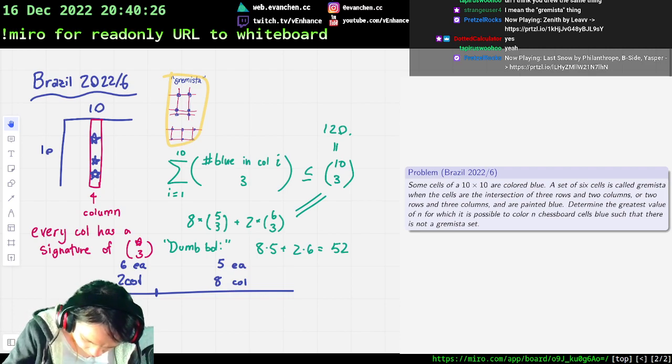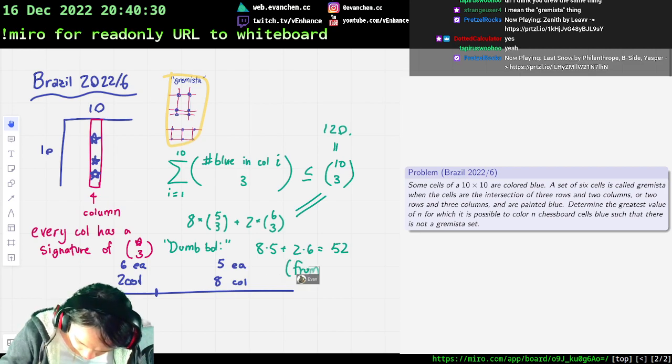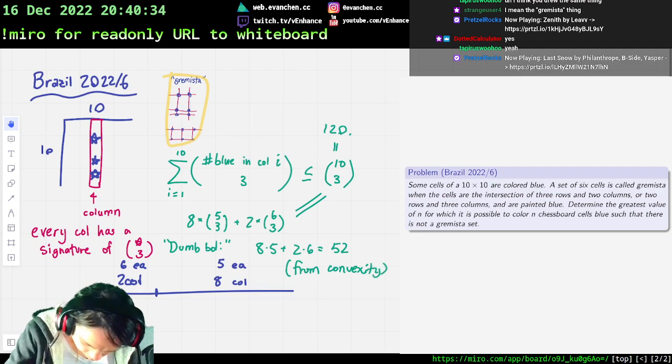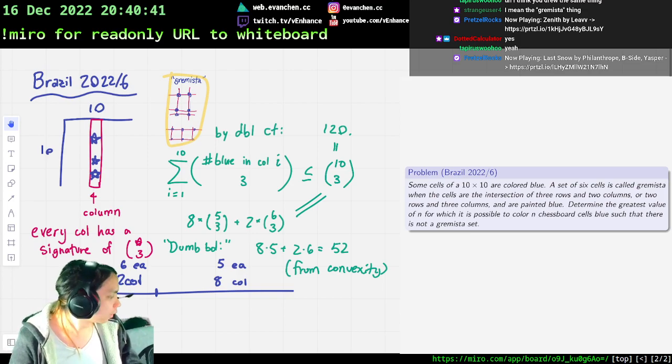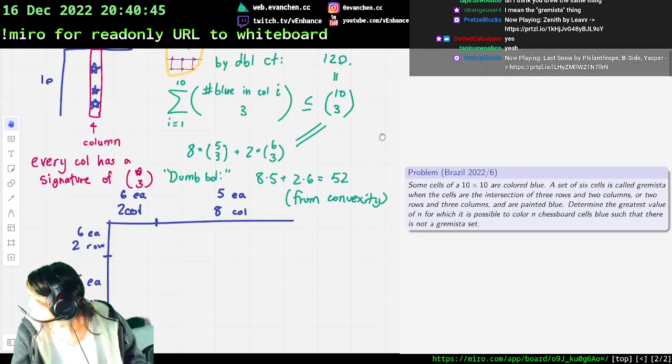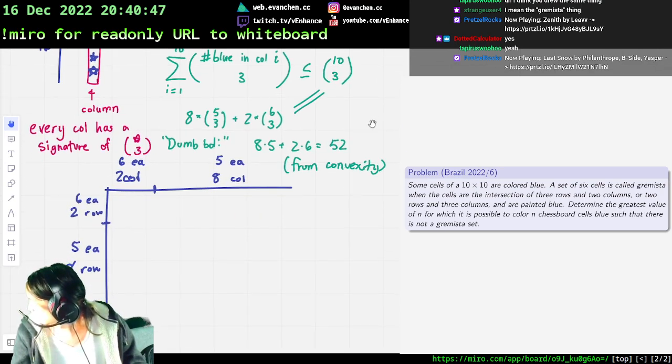So this one is from convexity. I'll make a note here. This is by double count. And okay, so